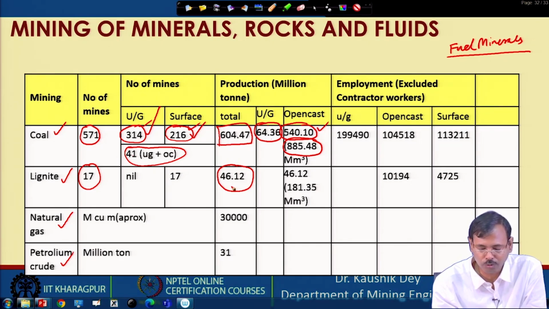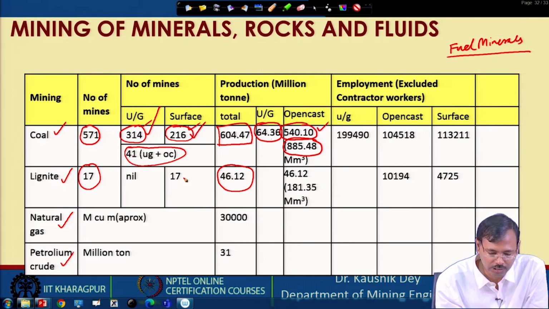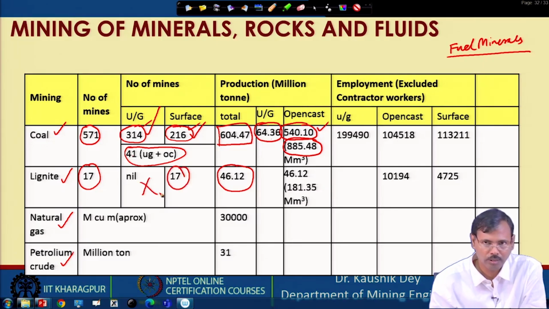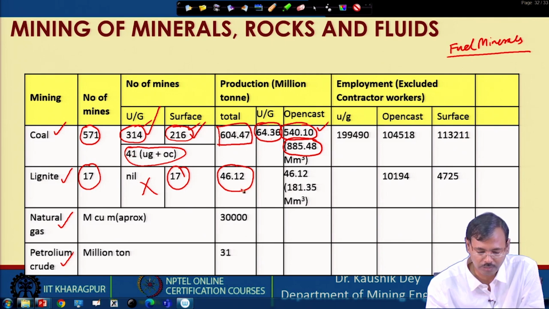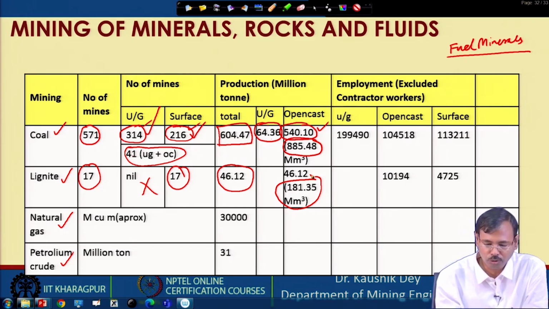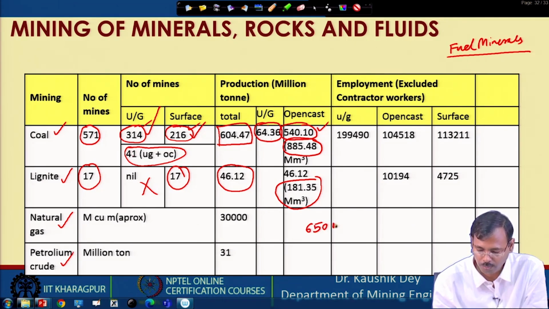That means, again, that 2.5 million tons per mine is observed here, and all these lignite mines are surface mines. There is no underground mining available for lignite. While these lignite mines are producing 46 million tons of lignite, simultaneously they are also handling 181 million cubic meters of overburden. So, if you are considering only coal mining, almost 650 million tons